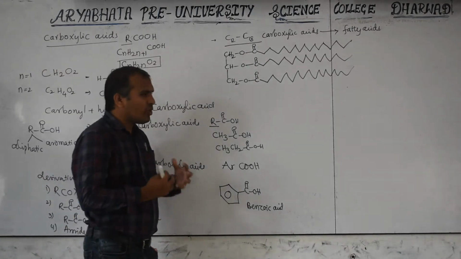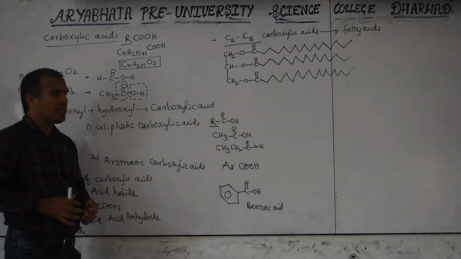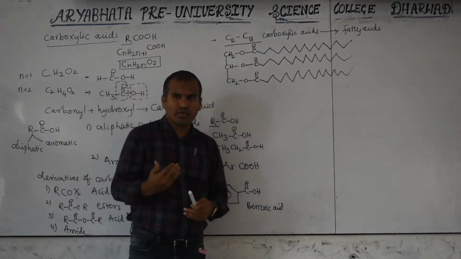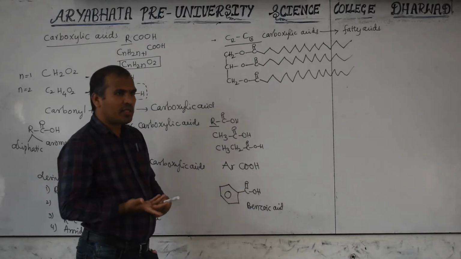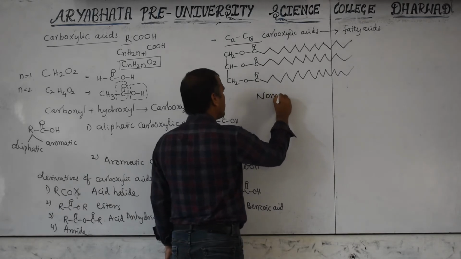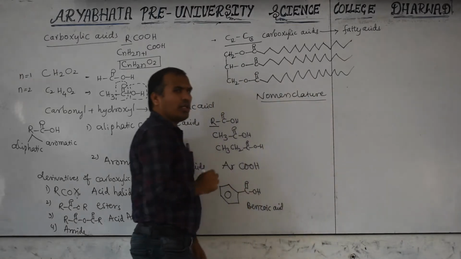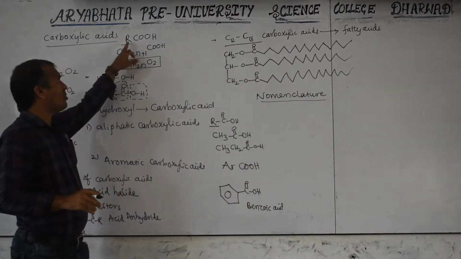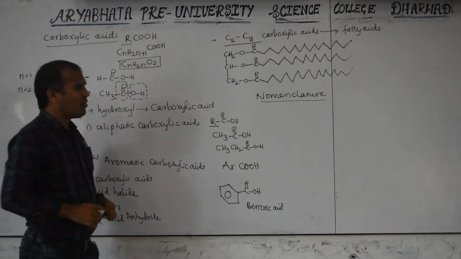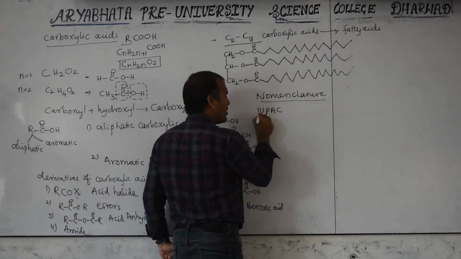Okay, so we know those details about the carboxylic acid. Next, its nomenclature will be there. Generally, first a general discussion, next nomenclature, if any isomerism, then its preparation and properties. So now I will discuss the nomenclature. In the nomenclature, this is the alkyl group and this is the carboxylic acid. It means in the alkyl one hydrogen is less, that is called the alkyl group. Therefore, this IUPAC name is known as